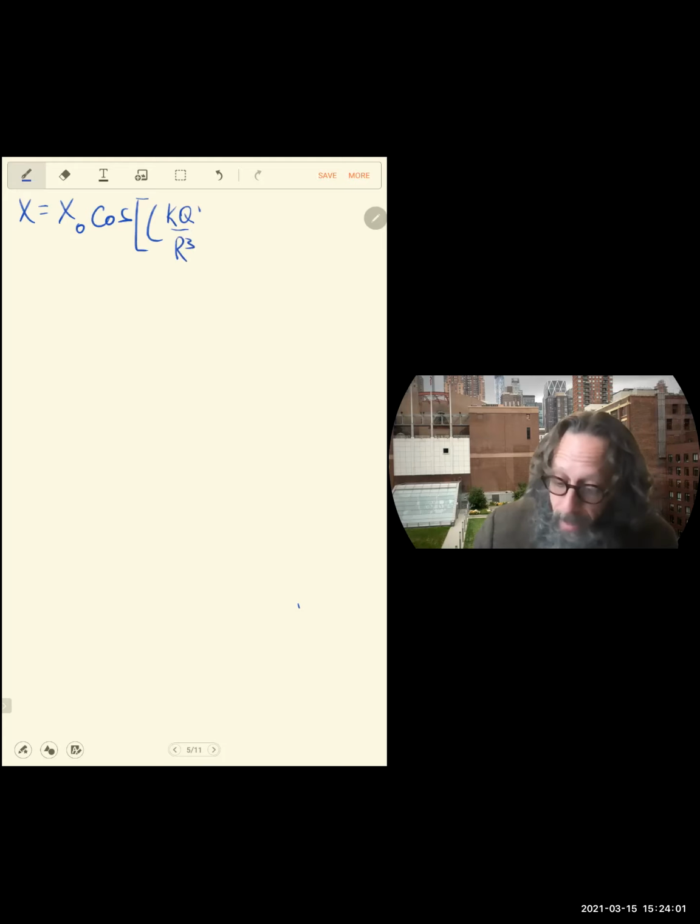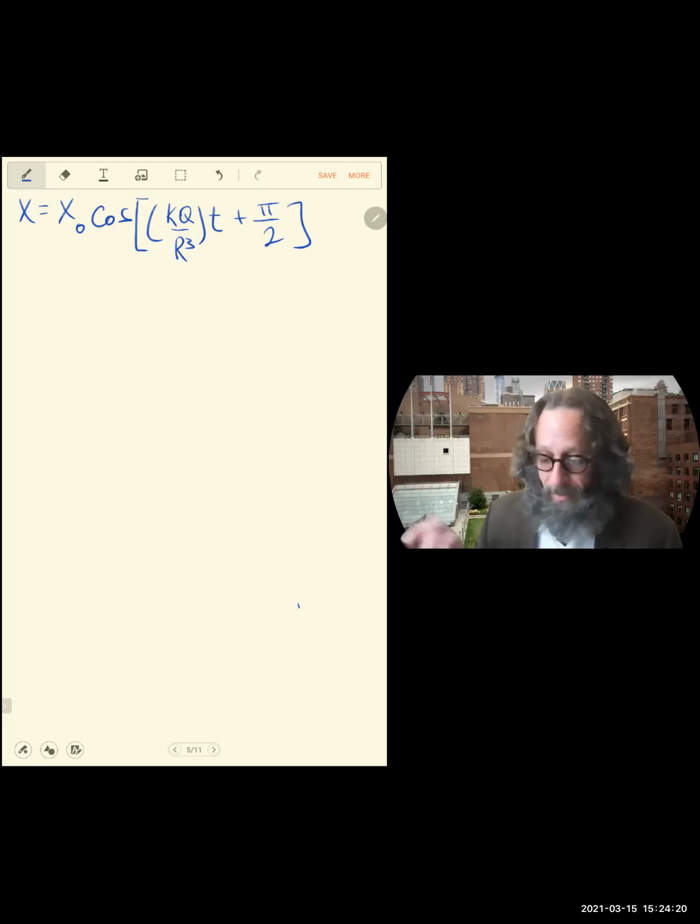And again, why? Just because I'm being asked. This is like a math question. I don't know what's going on with K and Q and R. I just know their numbers, but I'm just being asked a math question. I don't know why the physics teacher threw in the K and the Q, but it doesn't matter because I'm just doing math with them. It's like choosing the number 7 rather than number 5 in a random example.